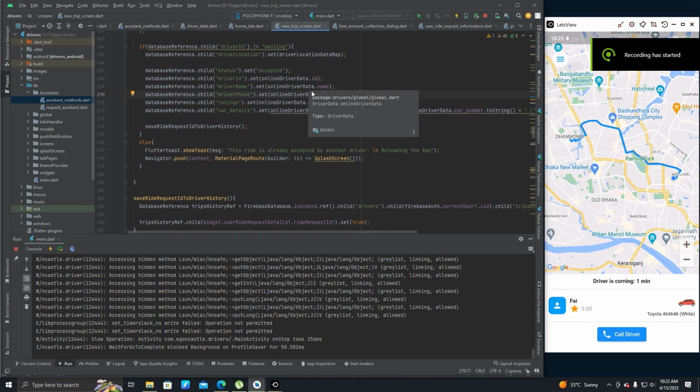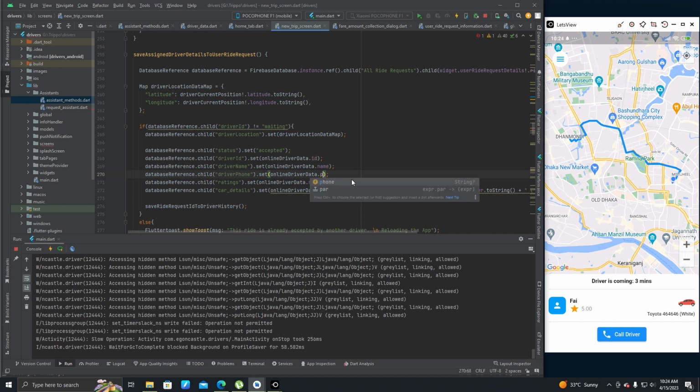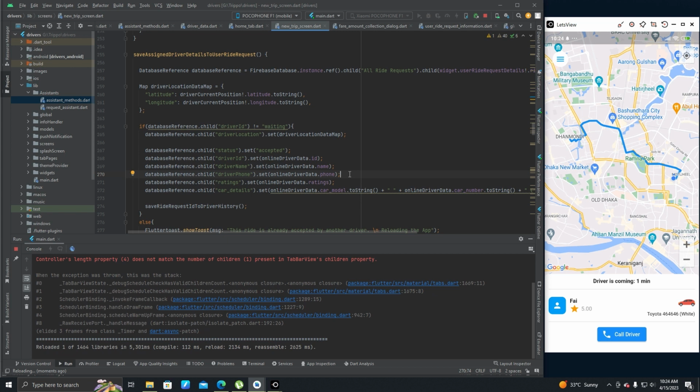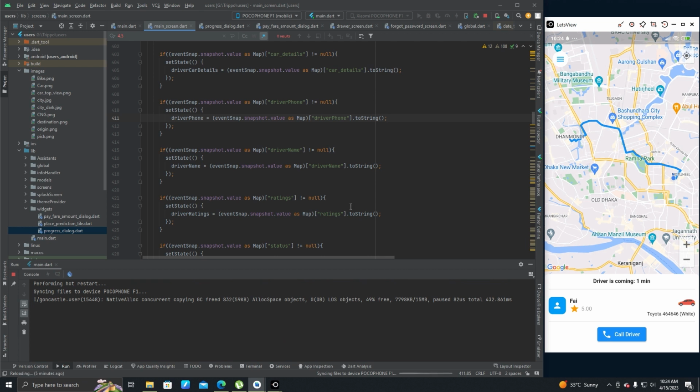In our drivers app, in new trip screen, under this save assign driver details to user ride request, we have set this online driver data ID to driver phone. So let's fix that. We are going to write phone. So now that's it, we have fixed our problem of call driver. Now if I run this, and run this users app as well,